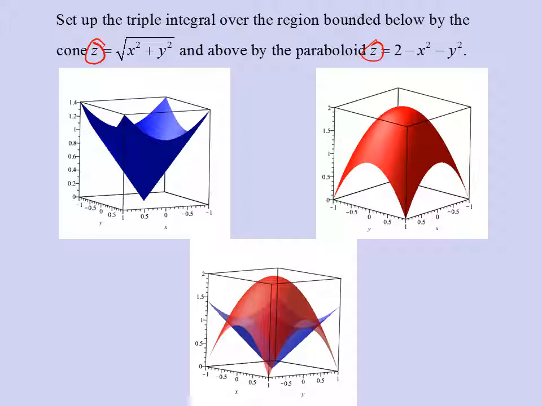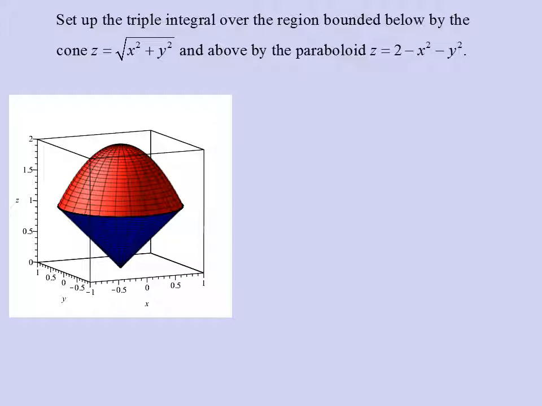However, there's the two together. And as you can see from the picture, it is indeed z simple. Any line passed through this region parallel to the z-axis would go through the blue cone and the red paraboloid, blue to red. So we will integrate first with respect to z, and we'll be going from the cone,